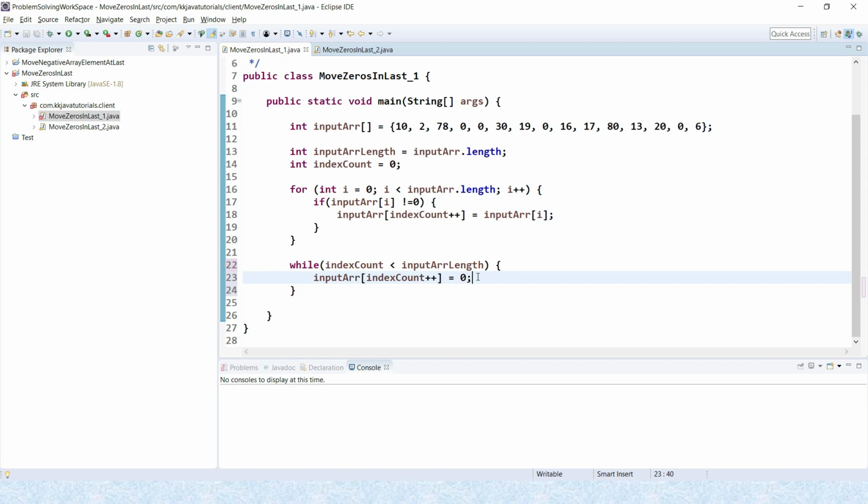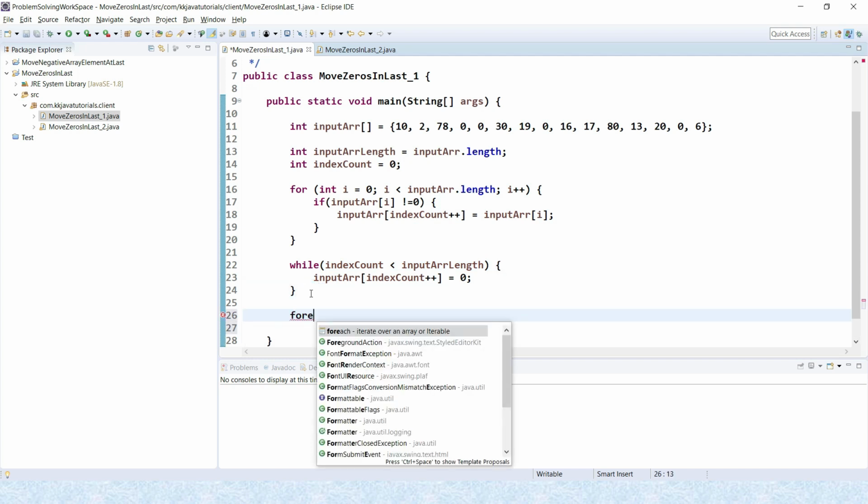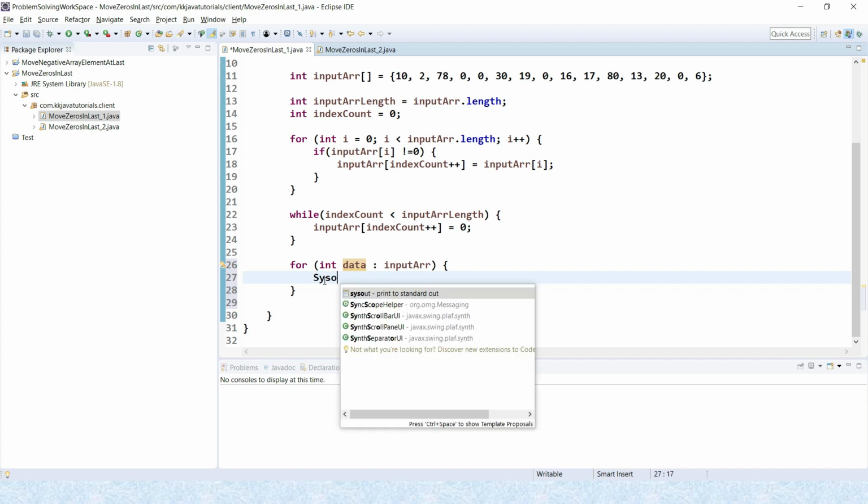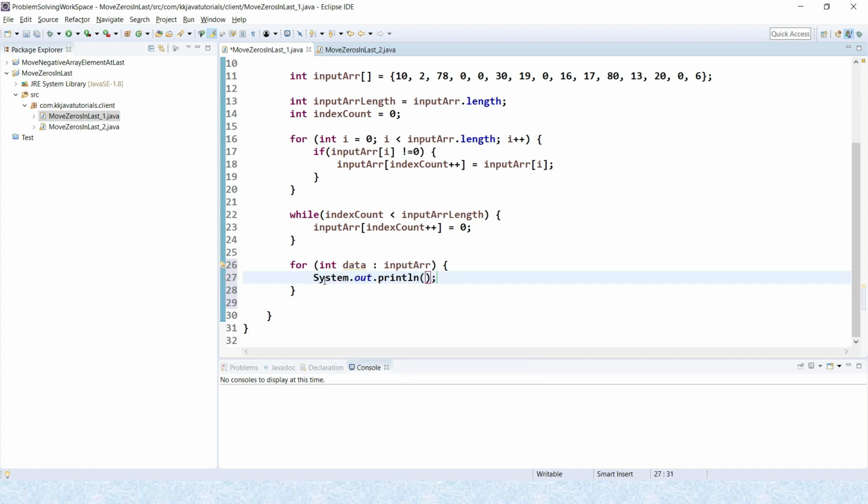That's it, right? And once we come out from this loop, then we can iterate this input array. So all the 0s will be segregated, and we will keep them at the end of the loop. So if I run this, if I print the values inside this array,